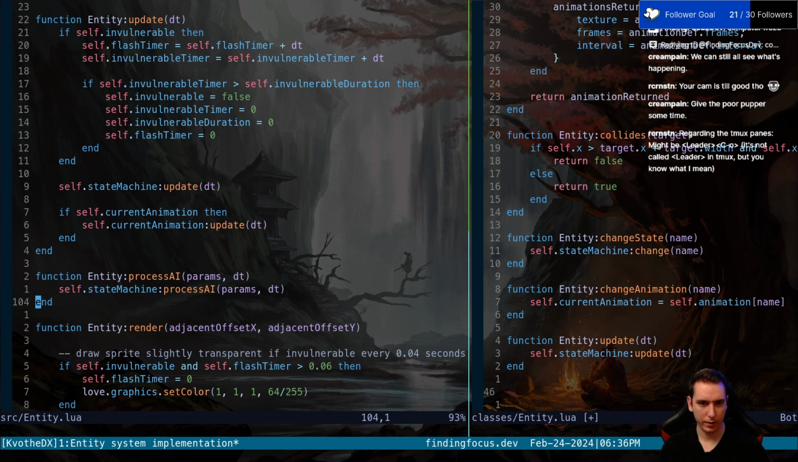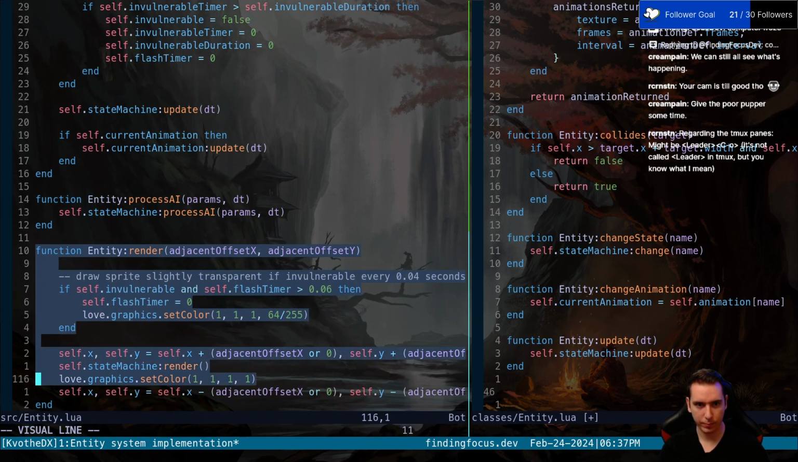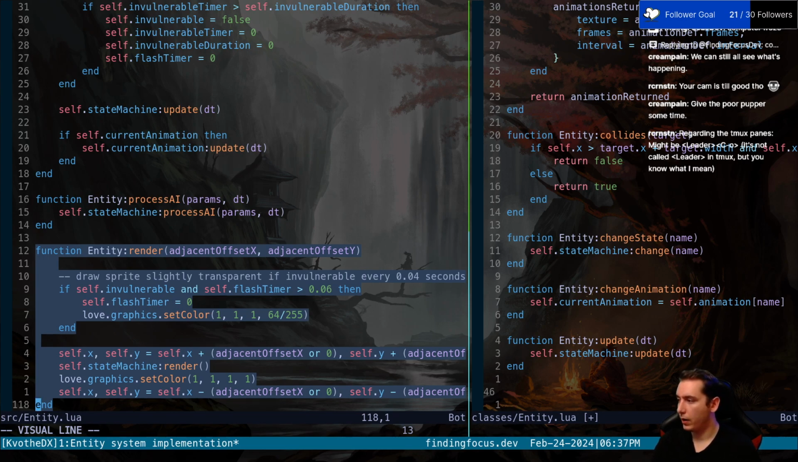But updating our state machine, and then we need to render our state machine. So yeah, and then we render based on this adjacent offset X and adjacent offset Y, because when a new map is coming on, it might be prefix